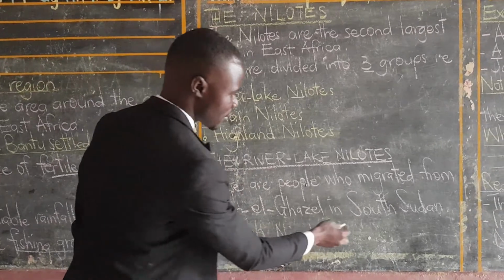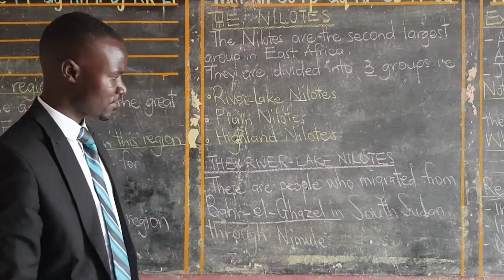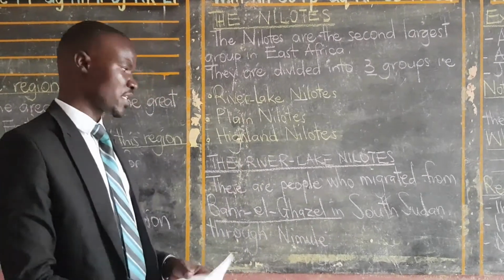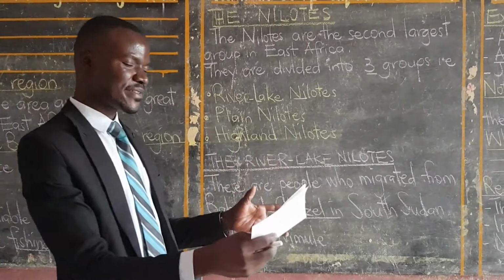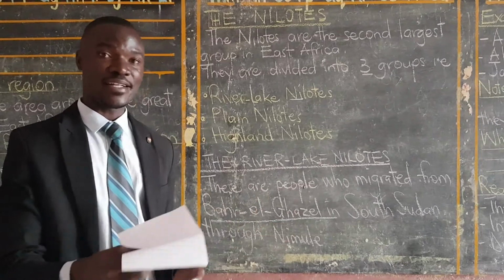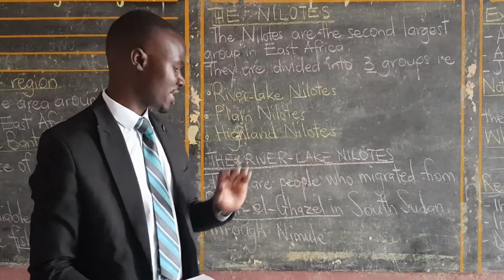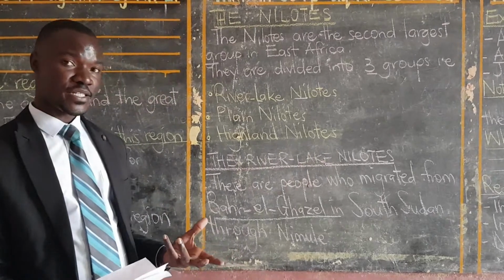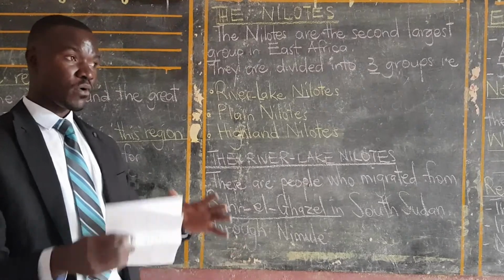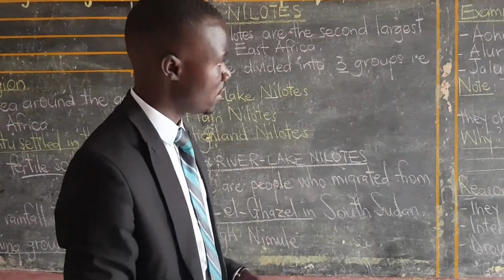These people, as I've already mentioned, came from South Sudan at a place called Bahr Ghazal. Why do we refer to them as River Lake Nilotes? It is because they settled near the rivers and lakes in East Africa. That's why we call them River Lake Nilotes. They entered East Africa through a place called Nimule in northern Uganda, where the River Nile crosses into Sudan or